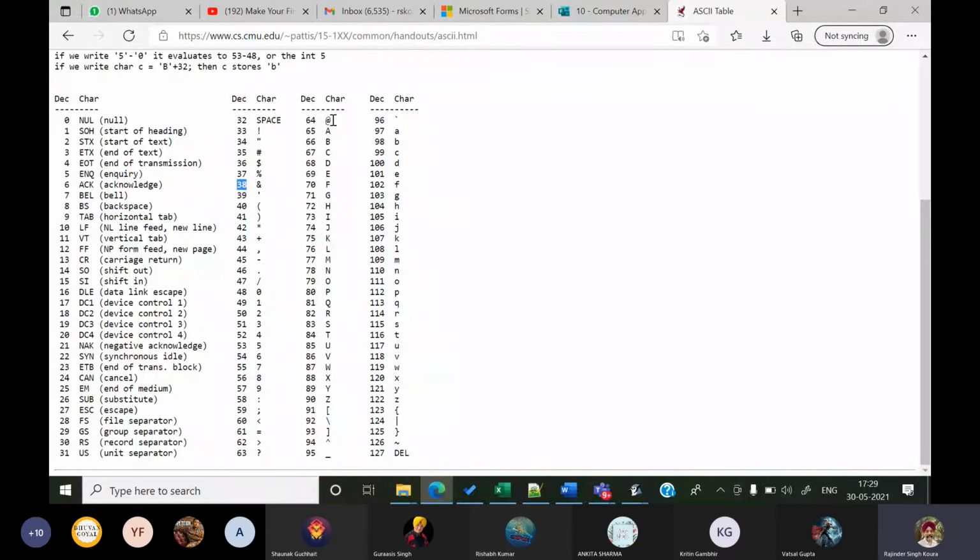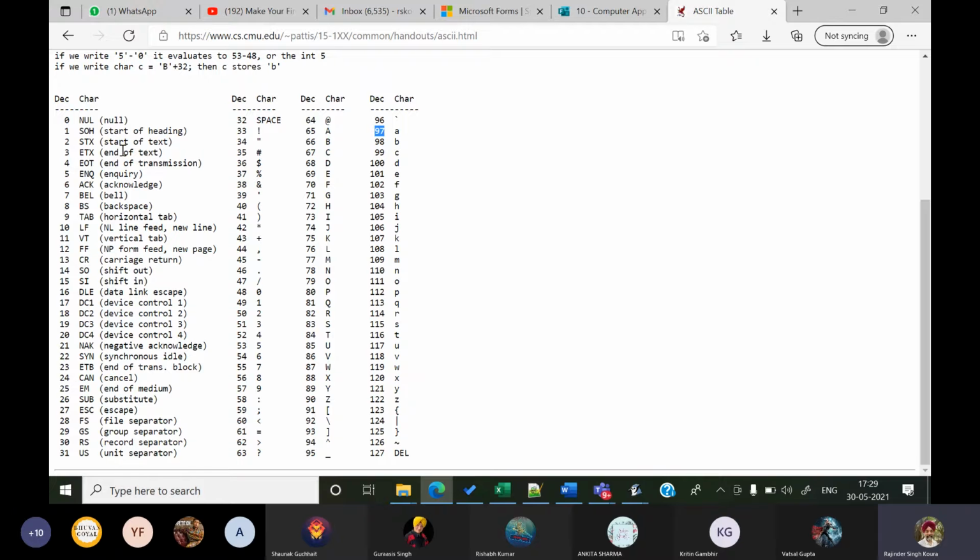If I store an @ sign, actually 64 is stored in memory. Am I clear? Yes, sir. So that means when I use a char variable, I'm not actually storing characters in that variable. I'm storing the number associated with that particular character.